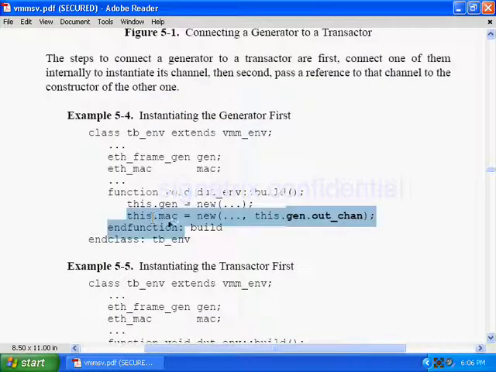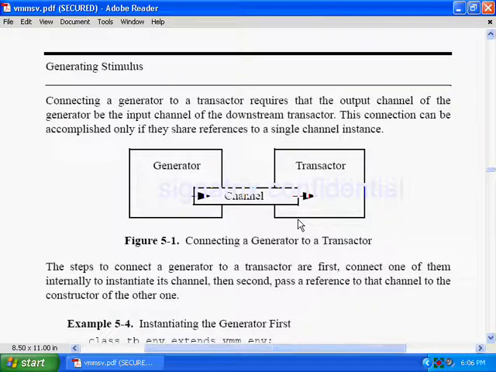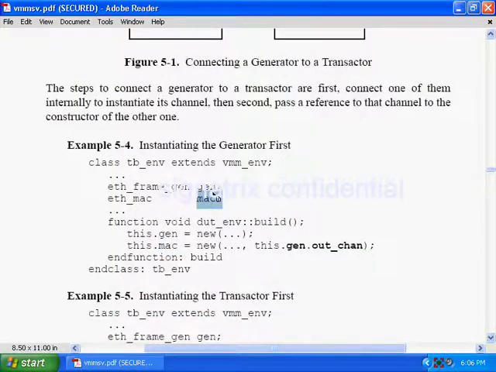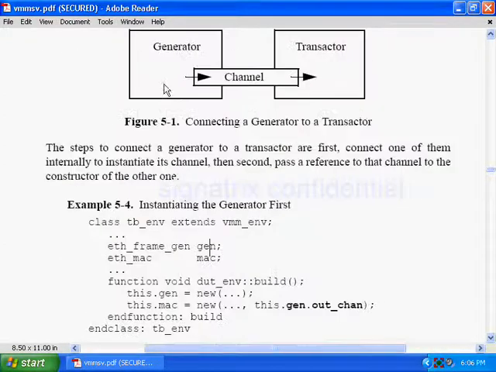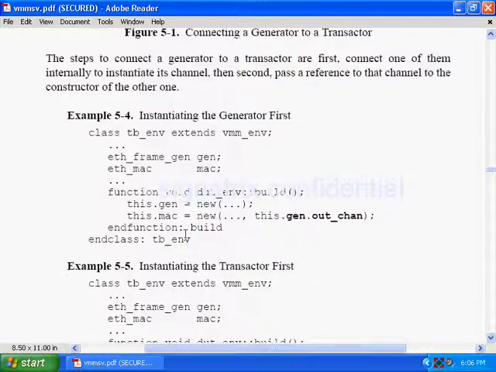So MAC is a transactor, and this is a generator. You are instantiating these, generator and transactor. After that you are taking the MAC constructor, new is a constructor, and you're passing the whole output channel. So what is this? This is a connection. If you want to achieve the connection between generator and transactor, you can implement it this way.